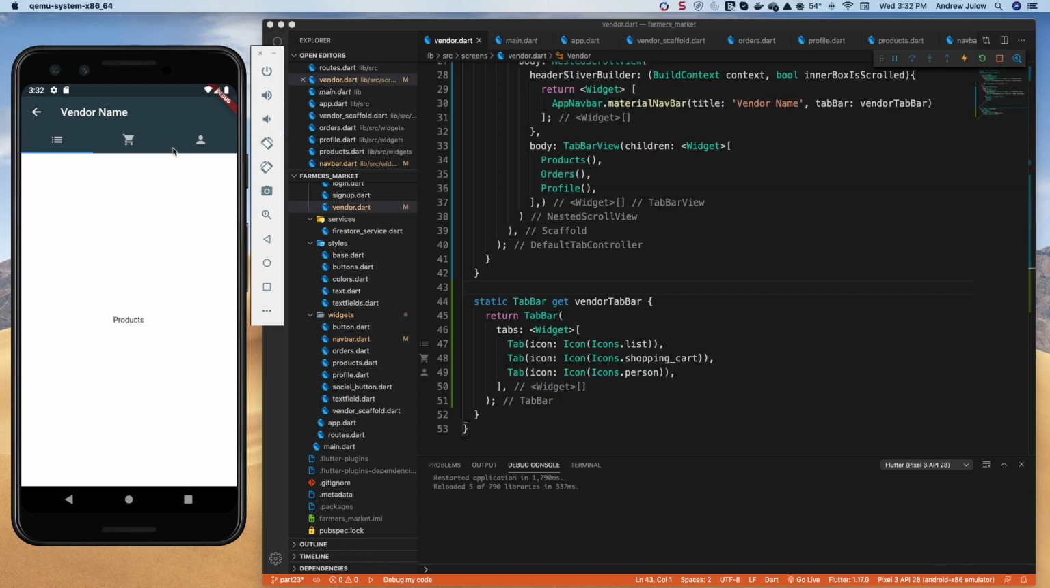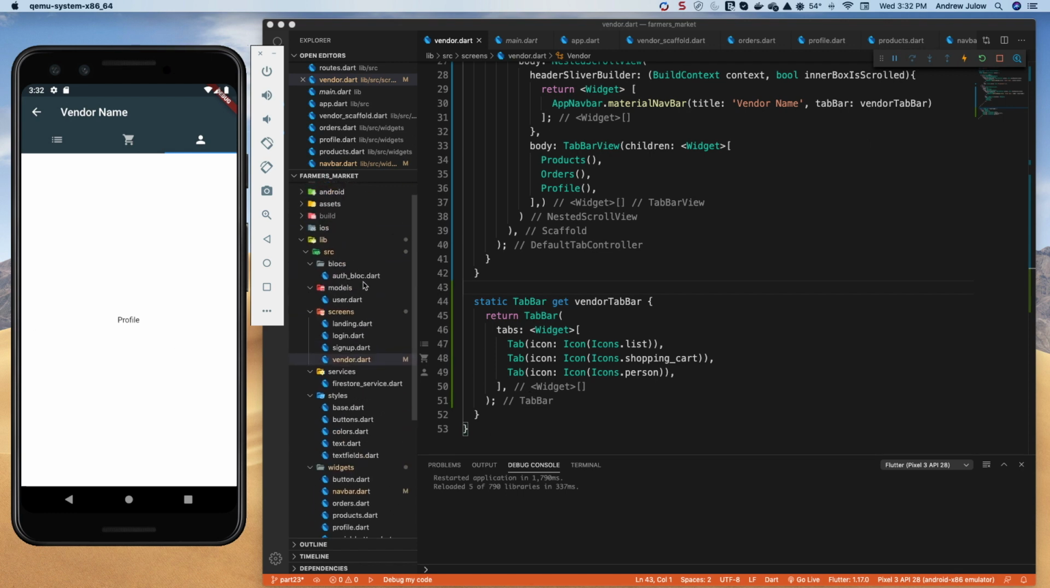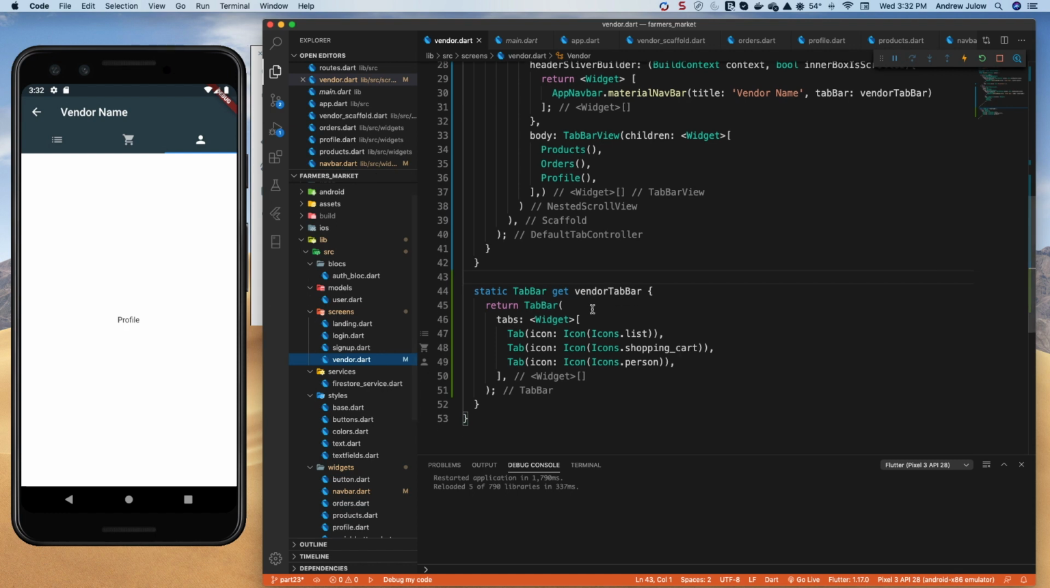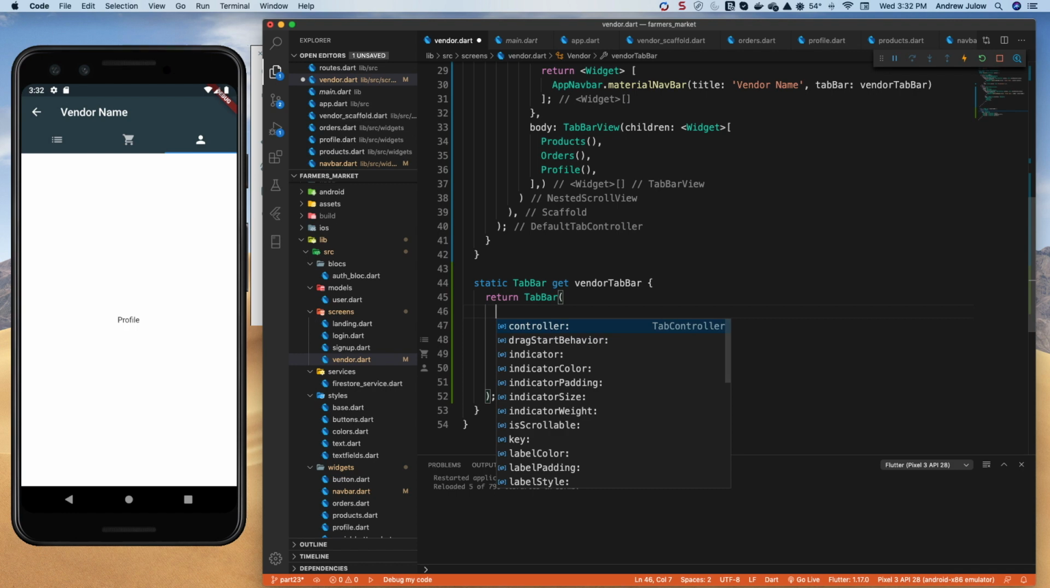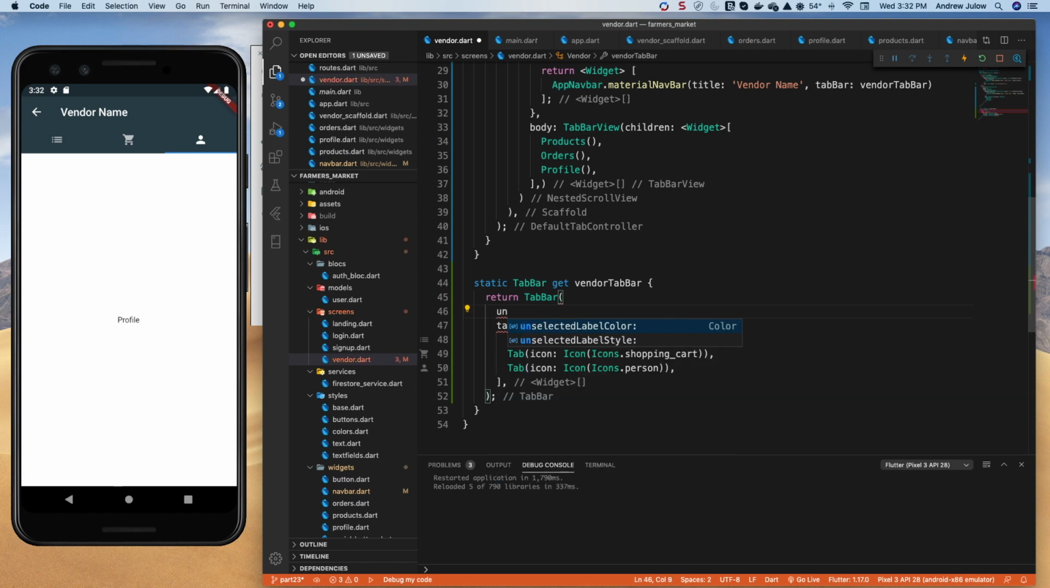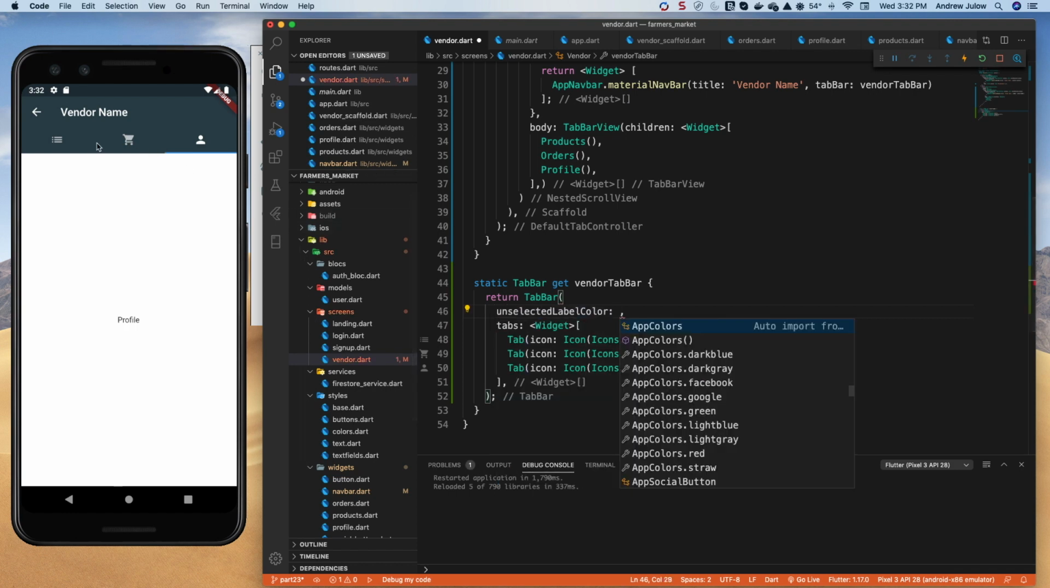Now, stylistically, I would like to play a little bit with the colors up here, get rid of this default blue. I don't know if I want white versus gray. That's not very obvious which one is highlighted. So I'm going to go back to screens and vendor. I've got some options here in the tab bar that would allow me to change that. I've got unselected label colors, so that's going to be, of course, the ones that aren't selected. For that, I'm going to use the light gray color,